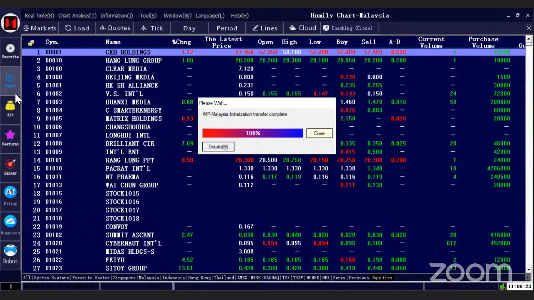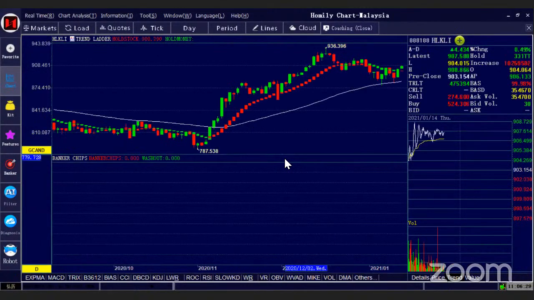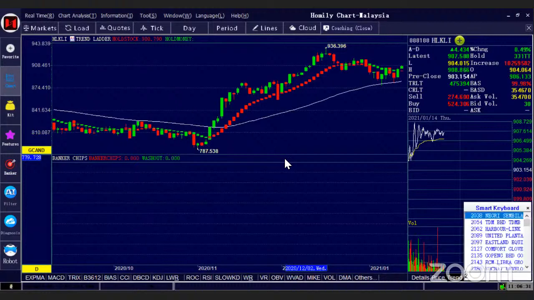still switching. Okay, already switched. Malaysia market, let's say 2194, MMC. Okay, so this one,